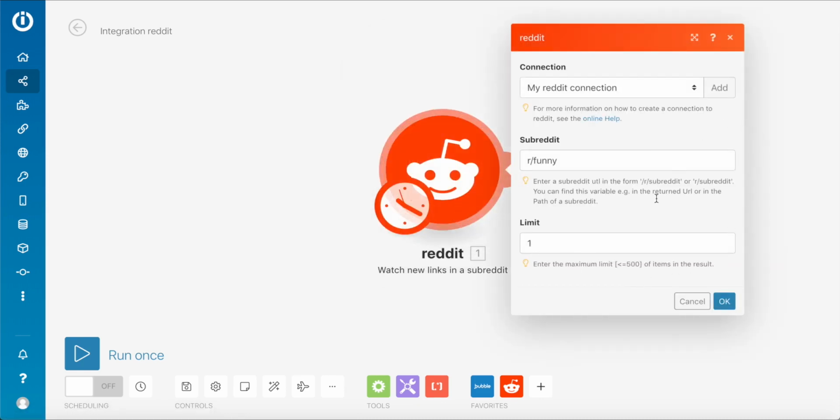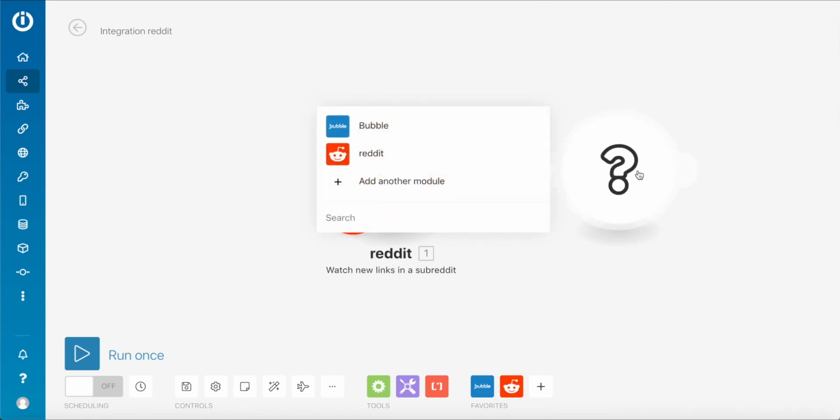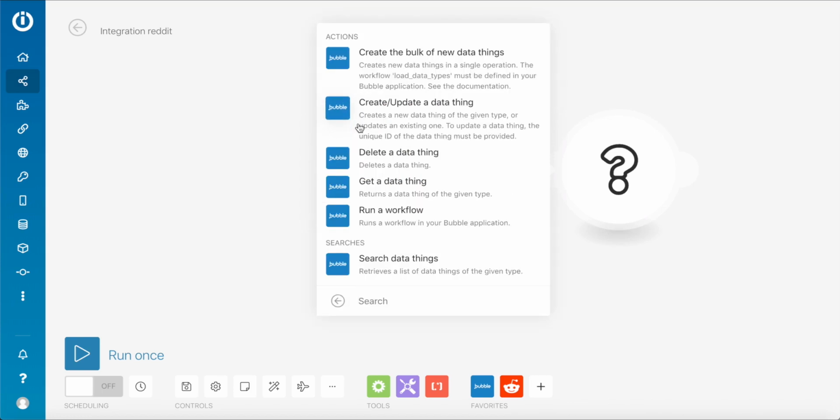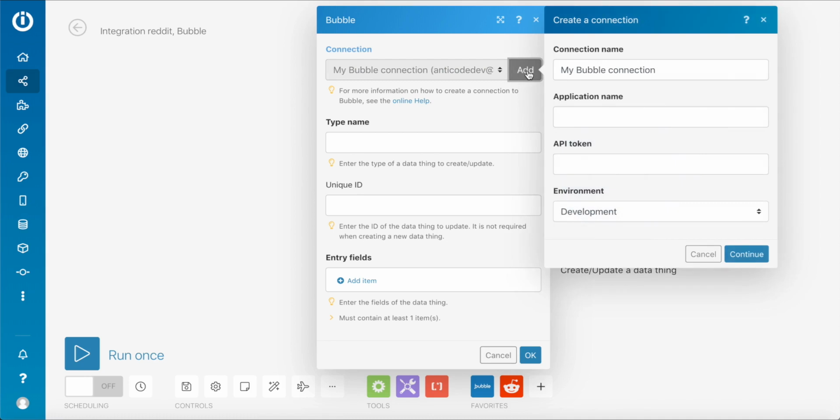So that works. Okay. And let's now add a new module. So let's add that and let's say, okay, once this is triggered, let's do something in Bubble. Let's create a new thing. And we have to add a connection. So let's do that by clicking on add. And you can give your connection any name. So let's say I'm going to call it